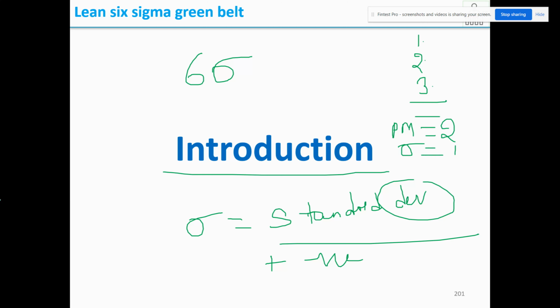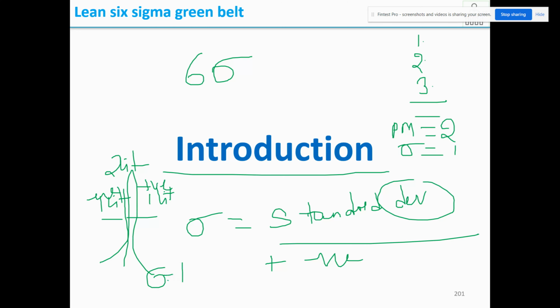What is the meaning of this? From the middle value of 2 liters, he is varying 1 liter on the positive side and 1 liter on the negative side. That is the meaning. So the standard deviation is 1. Sigma is 1. That means totally 2 liters is varying. Okay, now we understood what is standard deviation. Standard deviation is nothing but the deviation that is happening from the standard, and the standard is nothing but your process mean of the given data. So in this case, from 2, 1 liter is a sigma. It means from 2, 1 liter positive variation is there, 1 liter negative variation is there.